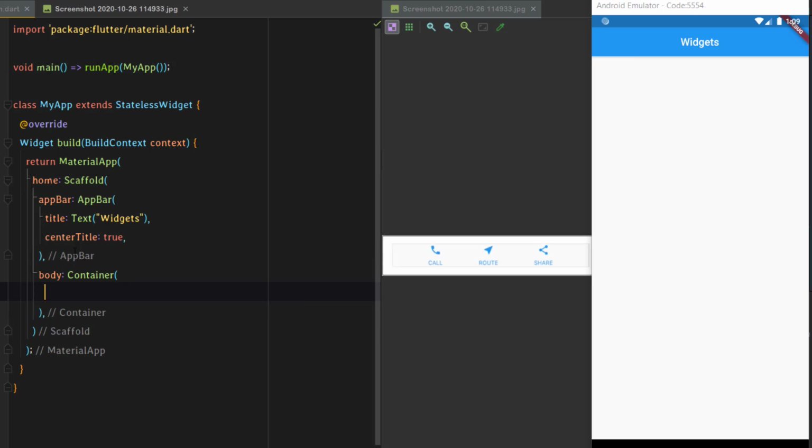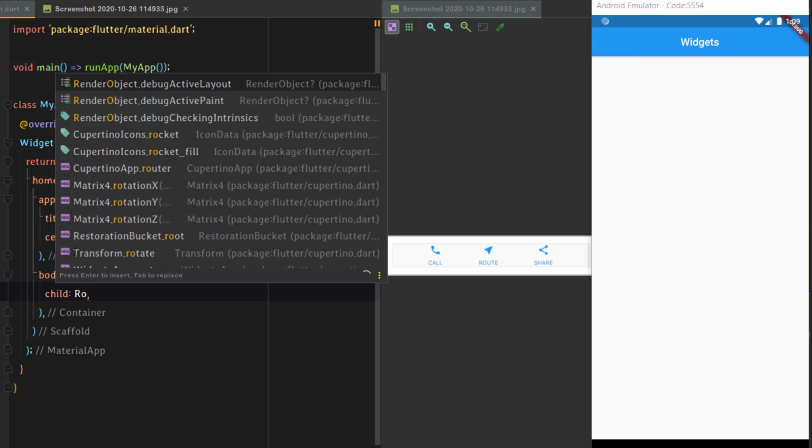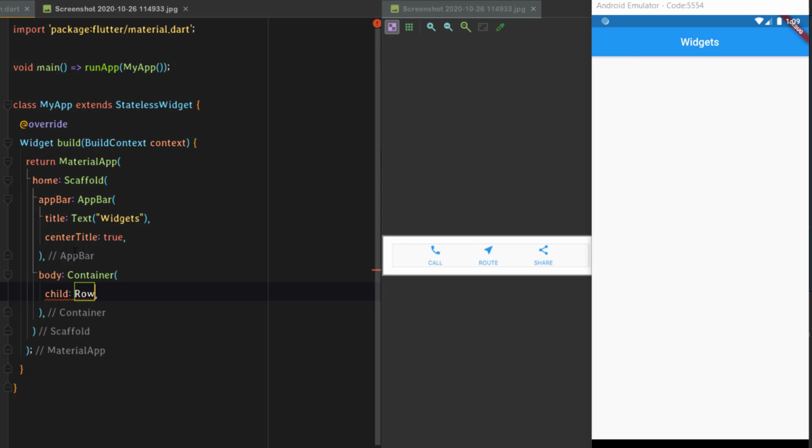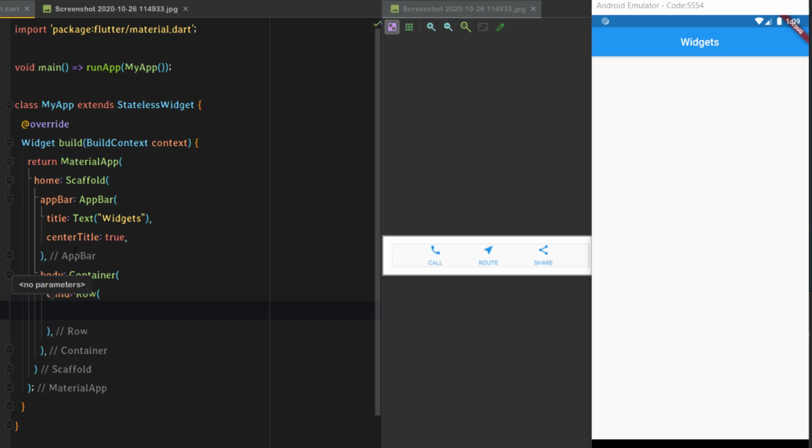And under this container we can add its child as a row. This row is similar to column, but it's in the horizontal direction, whereas column was vertical, top to bottom. Row goes from left to right.